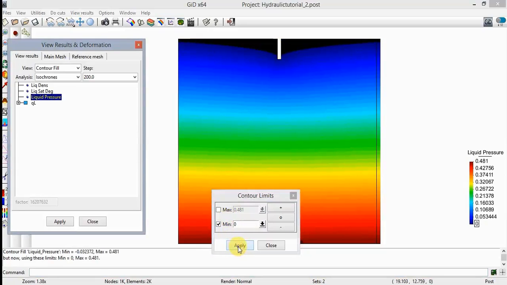Note how only positive values of liquid pressure are drawn and represent the saturated material. It's observed the drop of the piezometric level towards the channel, which acts as a seepage boundary. Away from the channel, the initial hydrostatic level is kept. Now, to plot the unsaturated zone,